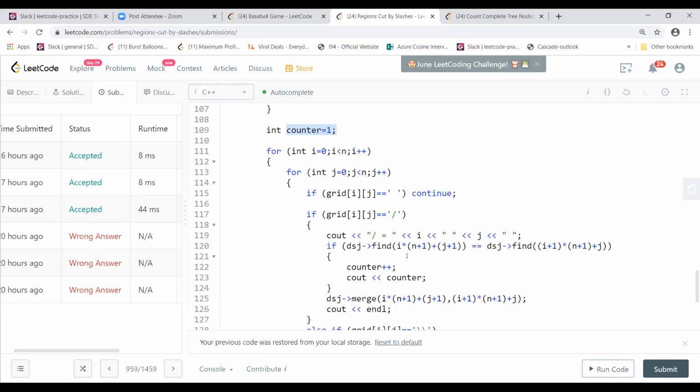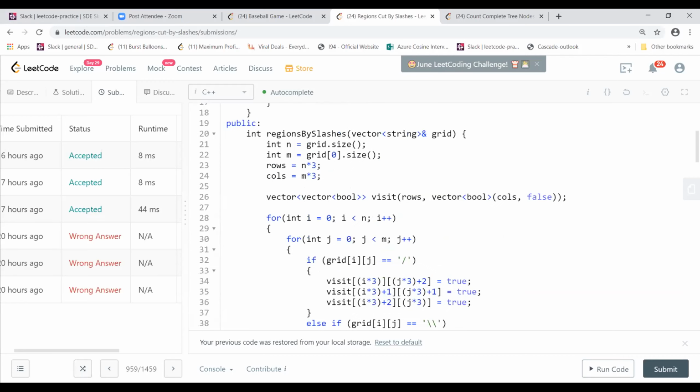But union find is a very good data structure, and it could be implemented in many places. But even if you know union find, getting a solution for this sum was very difficult for me. I don't know about others, but it took a long time for me. So I went the DFS way first. Yeah, even for me, DFS was much easier to understand and a little more intuitive as compared to union find. But if you look at the discussion section, people say don't go with DFS. I don't know why. And many of them were saying it is not a DFS solution at all. So it looks like that, but it is not. Maybe because of those corner cases.